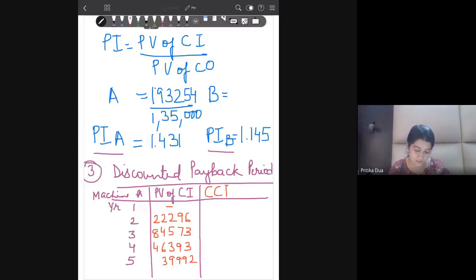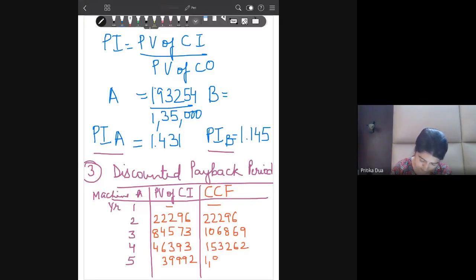So we just add the values. Okay, so these are the cumulative cash flows